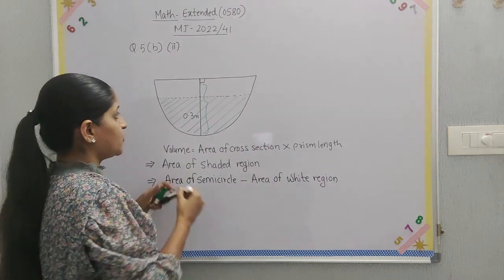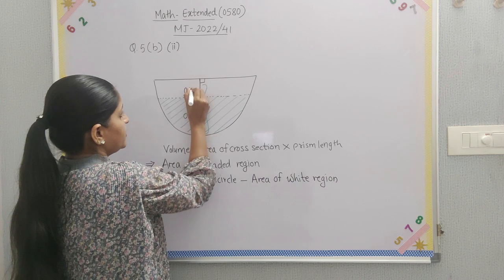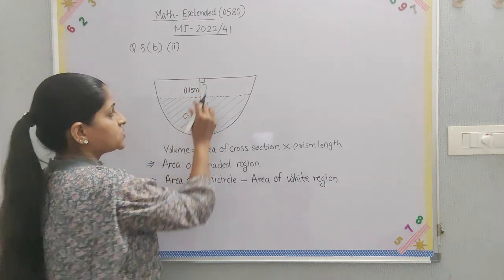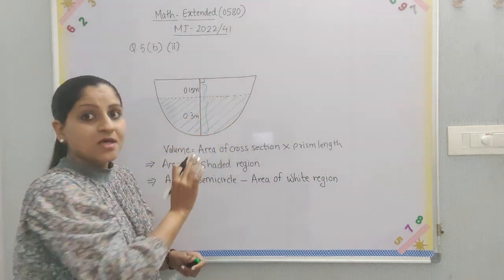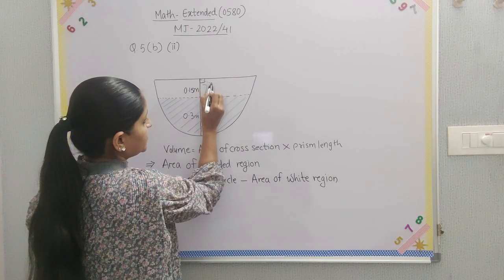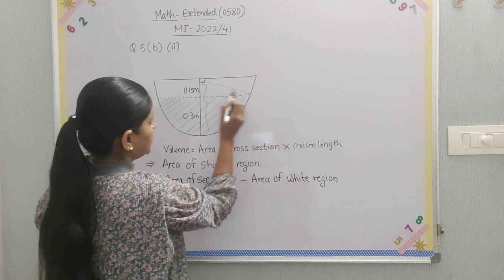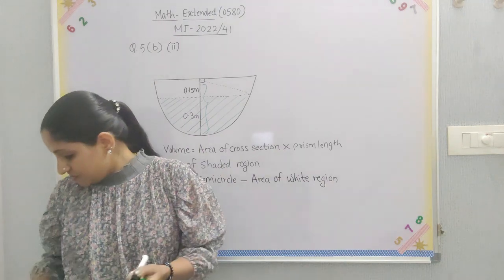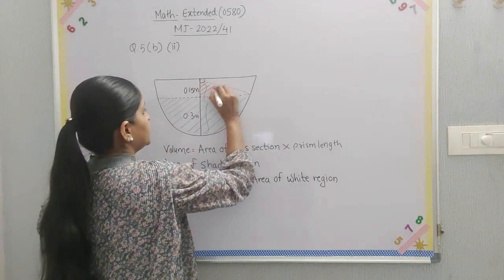I subtract 0.3 from that, and what I will obtain over here is 0.15 meters. So this is the height of the remaining region where there is no water. The other construction that we need to make over here is we need to divide this region into two parts. So the region below here is this region which I am shading here